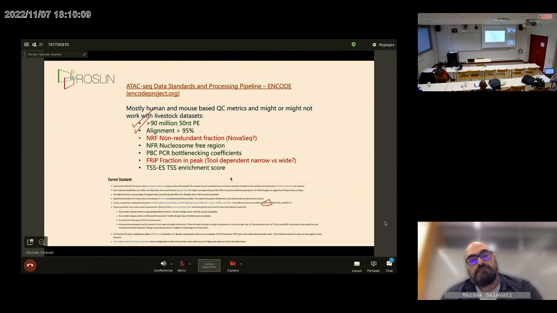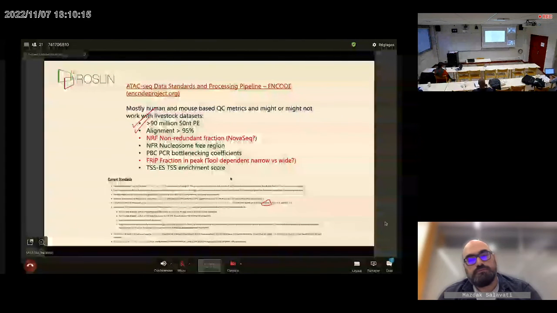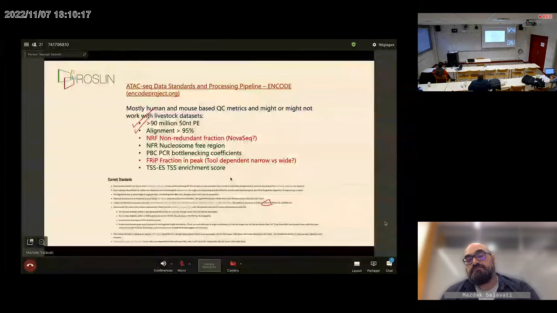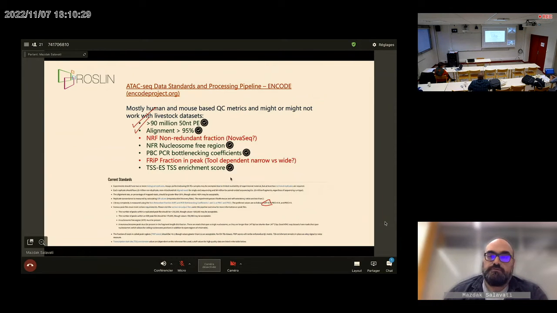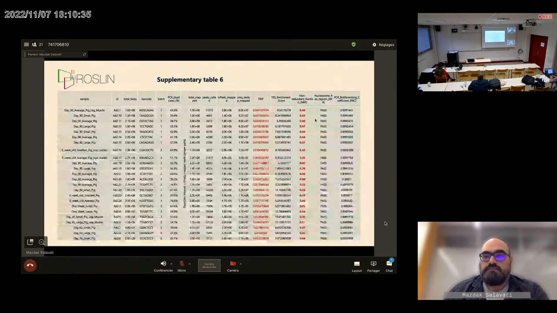And I don't know if we were back in 2019 and did the work again, whether we would have used the same tools, or if there is any difference between MACS2 and Genrich peak calling tools that creates that difference. These are just food for thought. Also, the TSS enrichment score was pretty much the same across the libraries. So we didn't manage to obtain all the quality measures that ENCODE wanted, but we passed most of them,